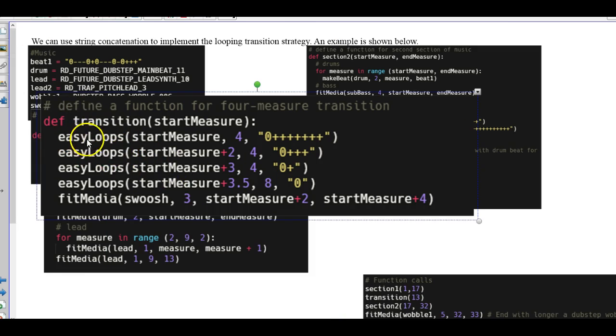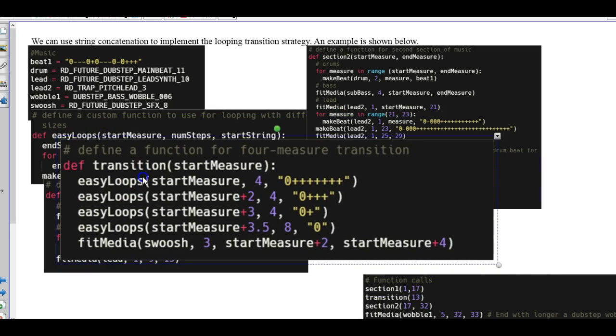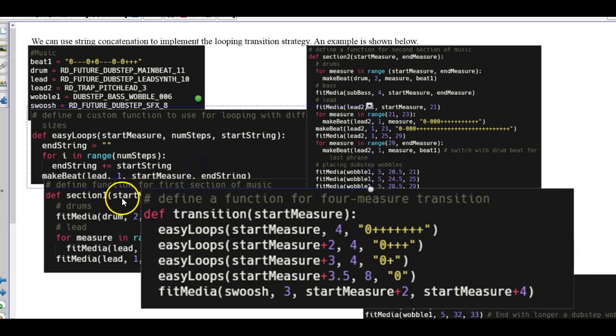Finally, we have our transitions, and this is using our easy loops. So it's using our method that we already called, and it's setting up these different transitions to appear within our section. So when we go back and look at easy loops,